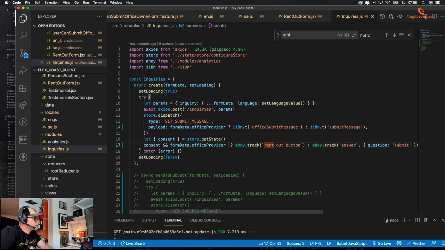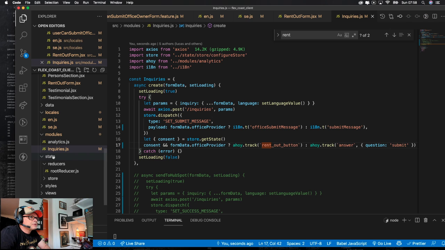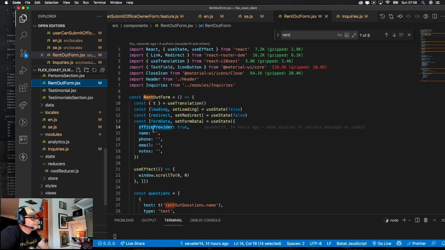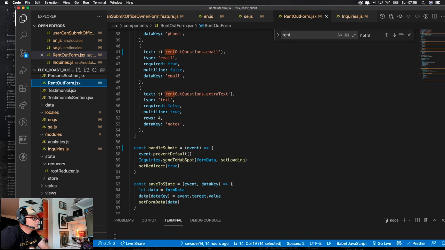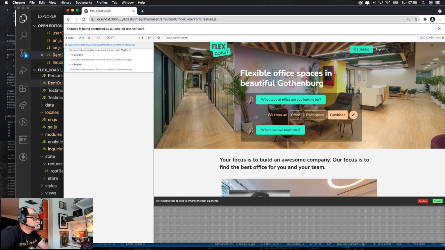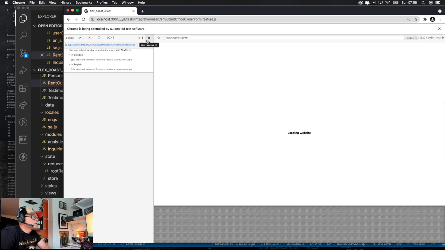And then we can just use this, and here, where's the handle submit? Right, so we just do create here instead of anything else, and we run our test and see if we messed anything up.